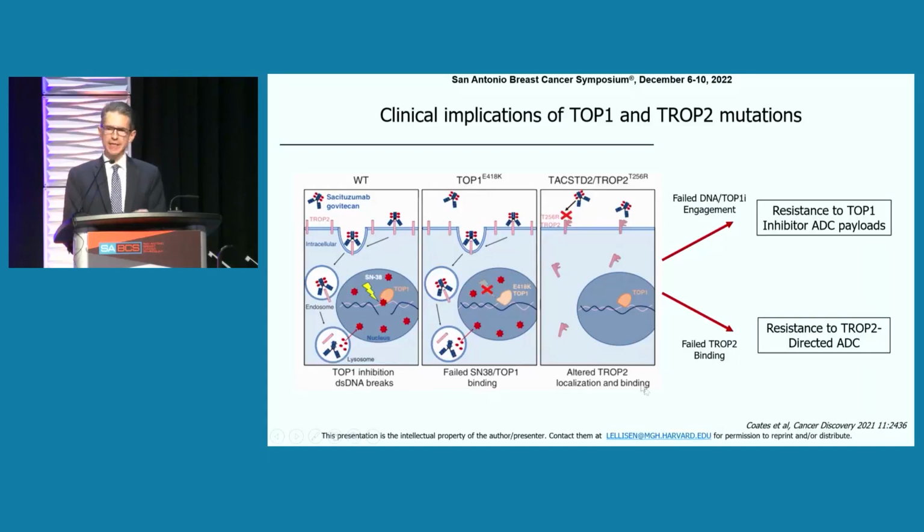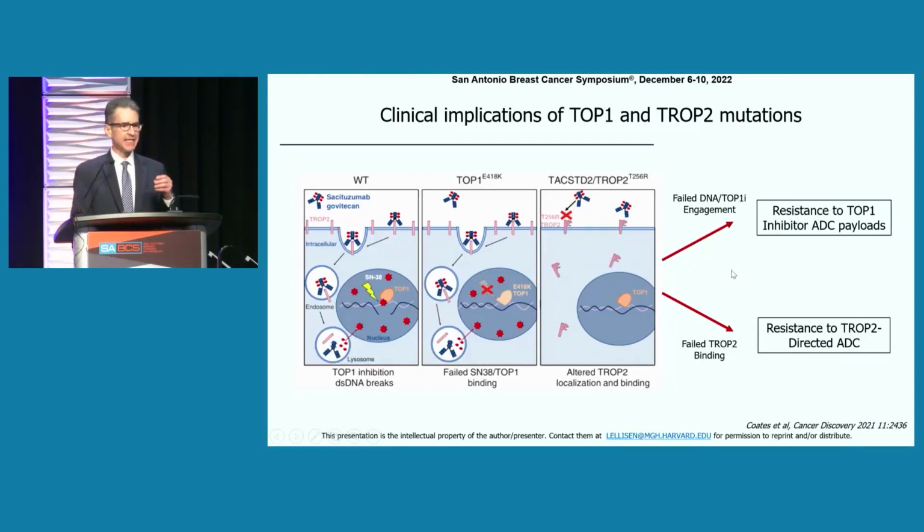So ultimately, what does this tell us? If we take a step back, is it important? Well, from one perspective, it's clear that knowing whether the mutation involves the payload versus the target is important. If you have a resistance mutation involving the target, topoisomerase 1, perhaps sequential use of another ADC that targets topoisomerase 1 could be less efficacious. Conversely, if TROP2 is no longer on the cell surface, a TROP2-targeting ADC is maybe not the best choice. So understanding, cataloging, and ultimately recognizing these mutations in individual patients is going to be a challenge. The even bigger challenge, as you recognize from this individual patient, is that both of these mutations were coexisting in the same patient.